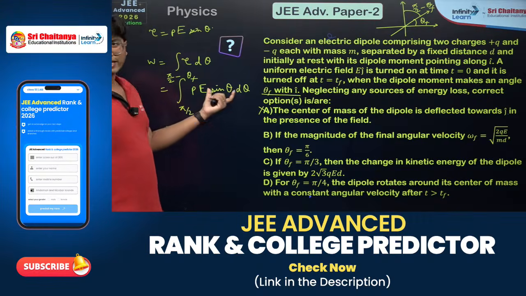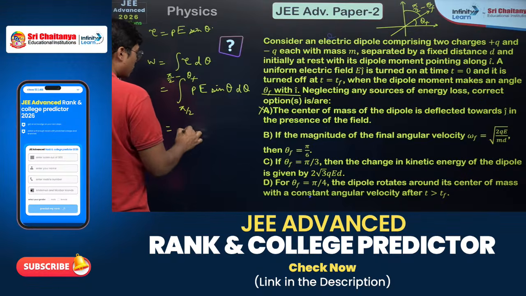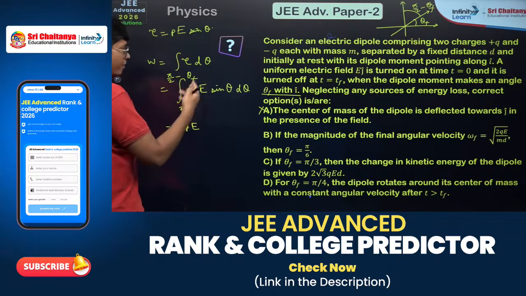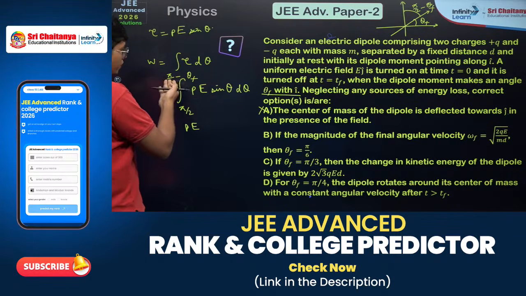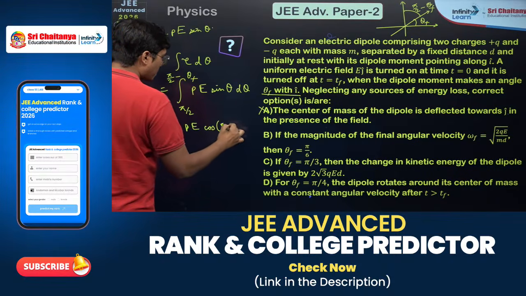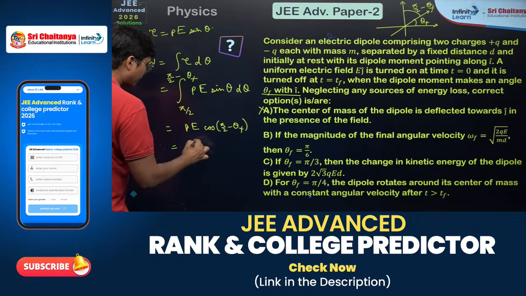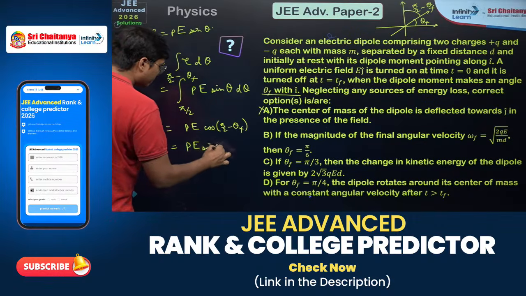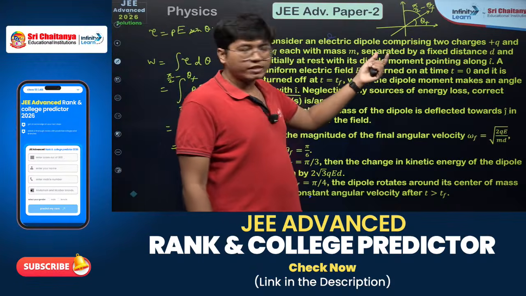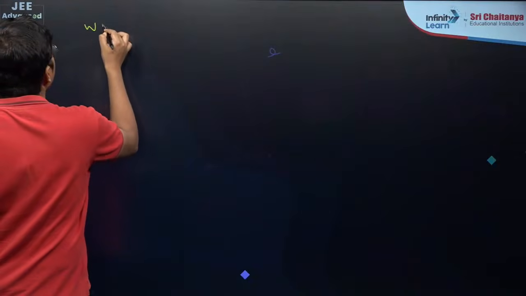Okay? Over here, then you just do the integration. You'll get PE cos theta, basically minus PE cos theta if you want to. If you put the limits, pi by 2 is going to go 0. Cos of pi by 2 minus theta f is left, which is just PE sin theta f. P, by the way, is charge multiplied with the distance between them. You can get it. And once you have the work done, you can put work done is equal to